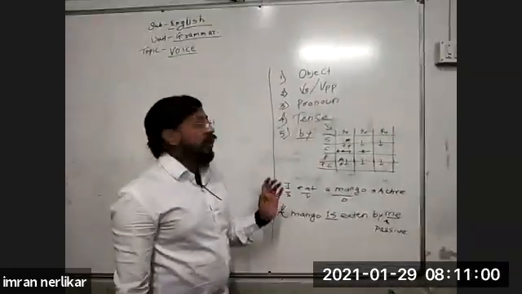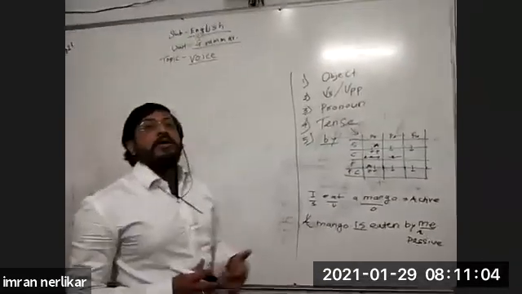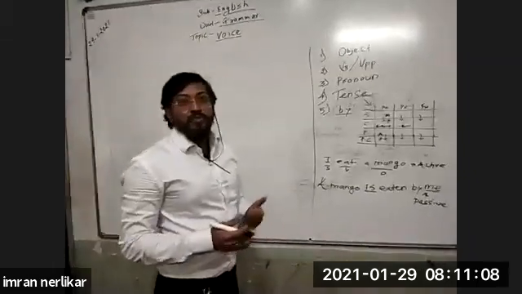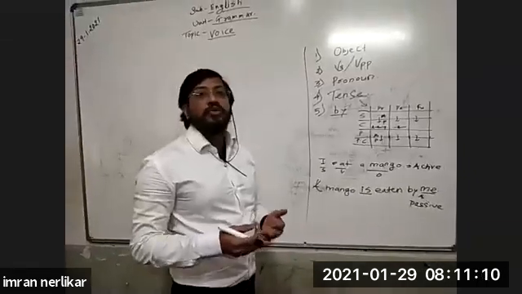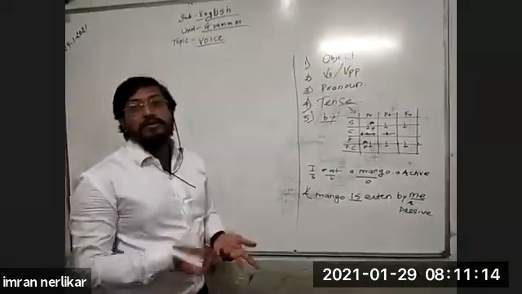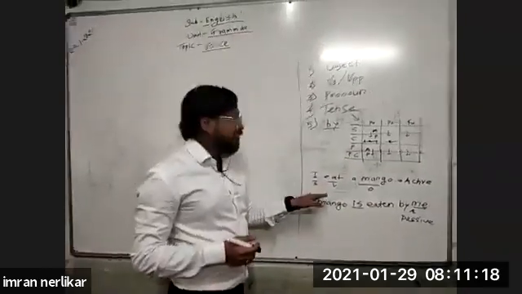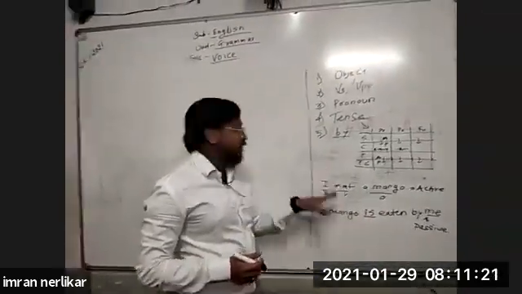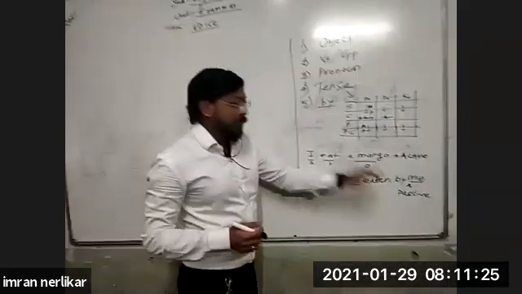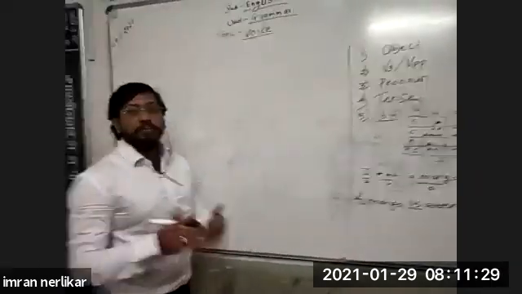Now, after these basics, we'll see what type of sentences are used in active and passive, and how to make passive sentences in other forms also. For example, I eat a mango. This is a simple, assertive sentence. Very simple sentence. And the passive form is a mango is eaten by me. Now we'll see different sentences one by one, step by step.